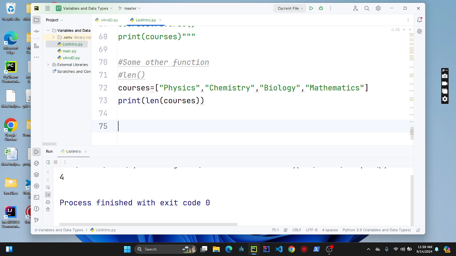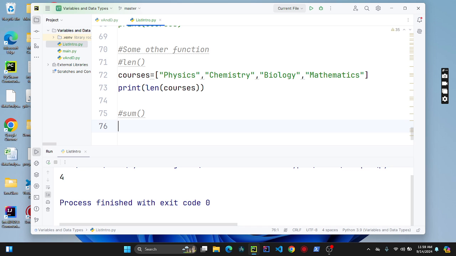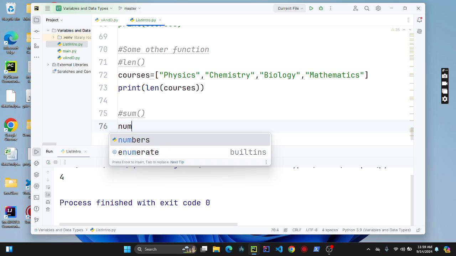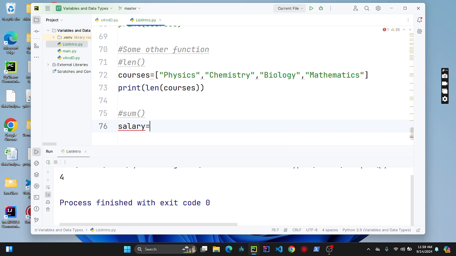And then we have another function called sum. Now this function does not work for a list of string values or elements. It works only for numbers. So I can just create a list called salary. I already have numbers created up, I haven't commented it out. So salary, you can say 102, 320, 157, 440, 220, 120, 147, 280, and